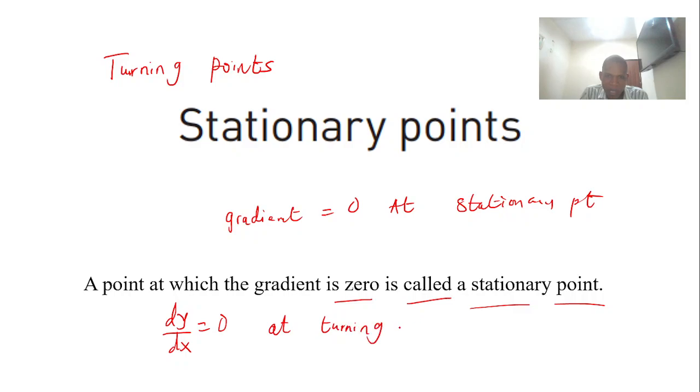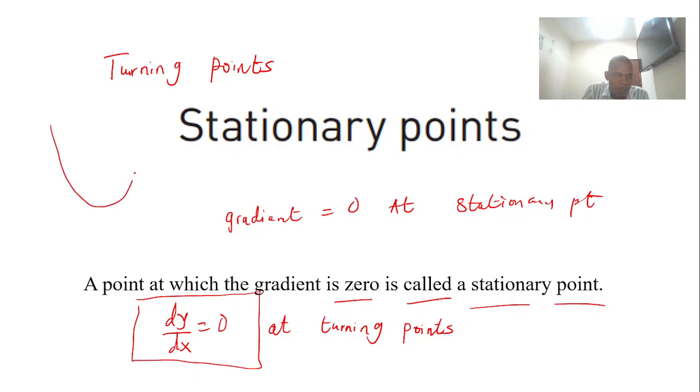Now this is very important. At the turning point or stationary point, your dy over dx must be equal to what? 0, okay? Now the reason for this is because if I have, let's say, a parabola,